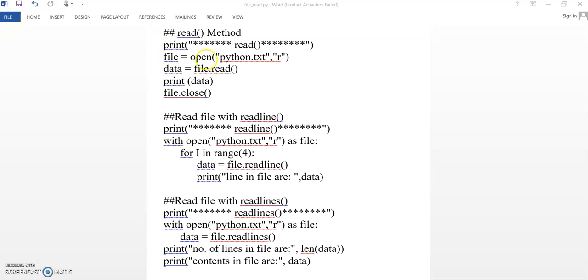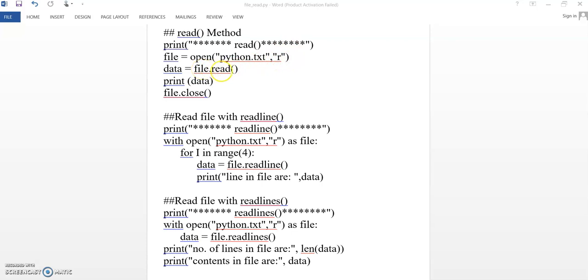To open a file we have to use this syntax: file object name equal to open function, then the file name. Here I am going to save both files, our coding file, that is the .py file, and this text file, in the same folder. If your text file is not present in the same folder where Python is installed, you have to mention here the complete path of your text file. Then write down the read mode here.